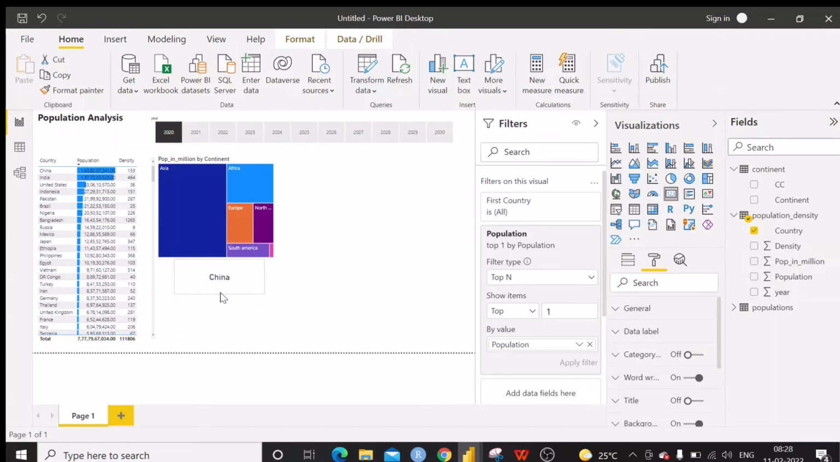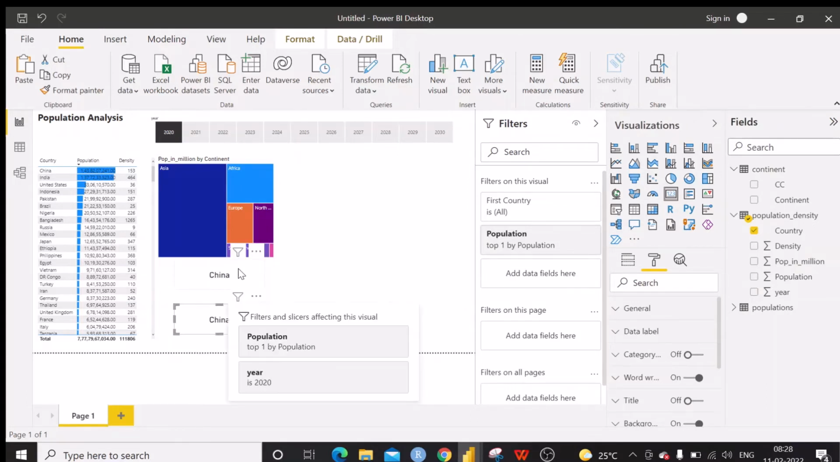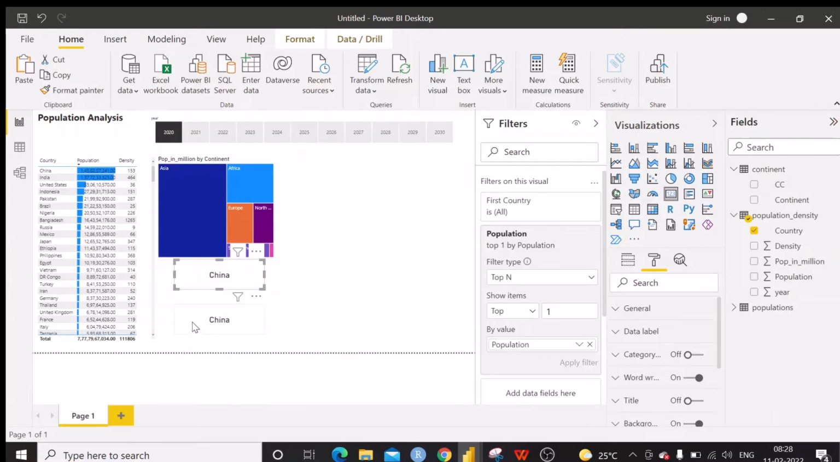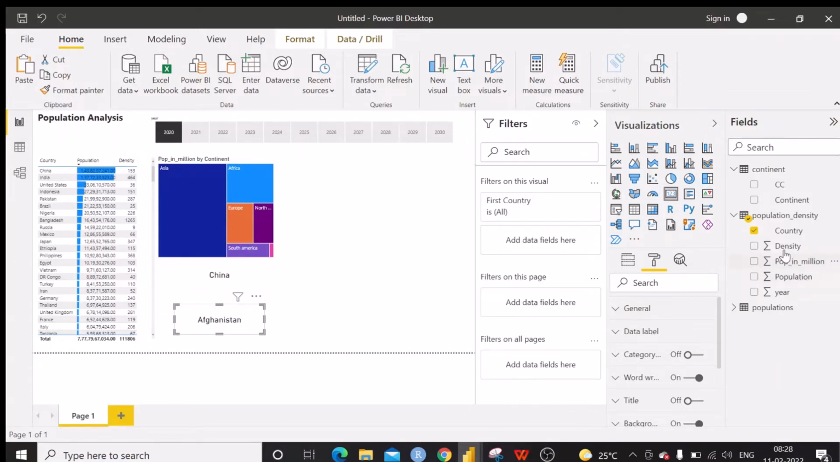We need another one for top 10 city. So we can just Ctrl C and Ctrl V, place it under this one, and instead of population we are going to see density. So density can be placed here,